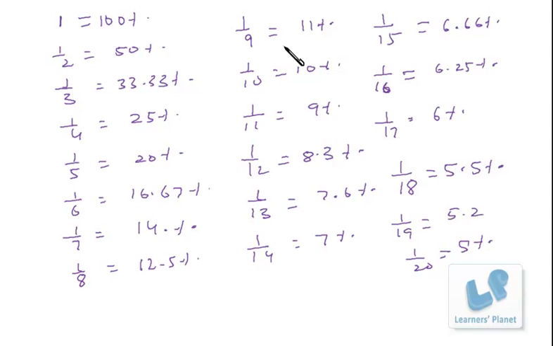And apart from that, you should be knowing vice versa also. That is 100% is 1, 50% is half, 33.33% is 1 by 3, 25% is 1 by 4, because that will also be required, right? So if you know all these things, the data interpretation will be really an easy task for you to achieve, right?